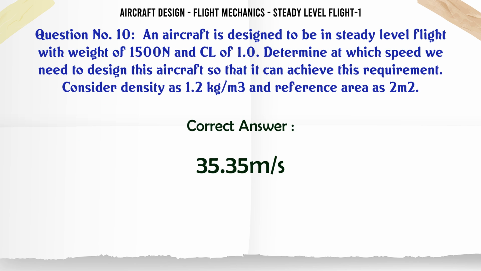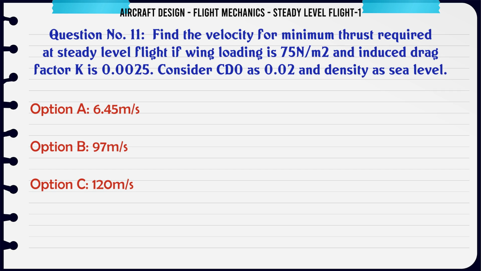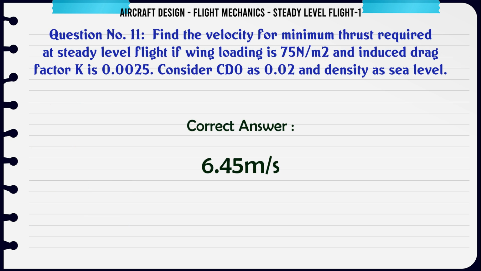35.35 m/s. Find the velocity for minimum thrust required at steady level flight if wing loading is 75 N/m² and induced drag factor K is 0.0025. Consider CD0 as 0.02 and density as sea level. A: 6.45 m/s, B: 97 m/s, C: 120 m/s, D: 75 m/s. The correct answer is